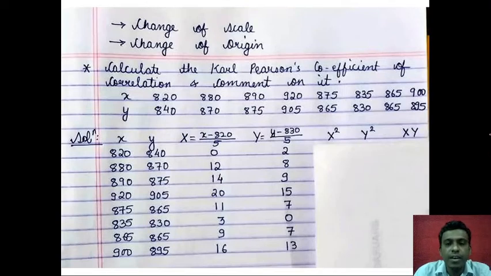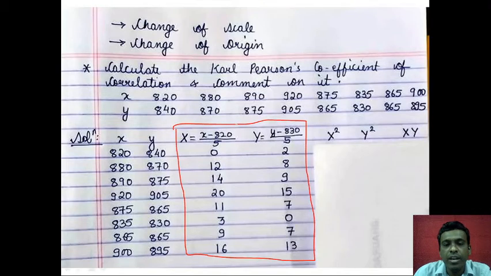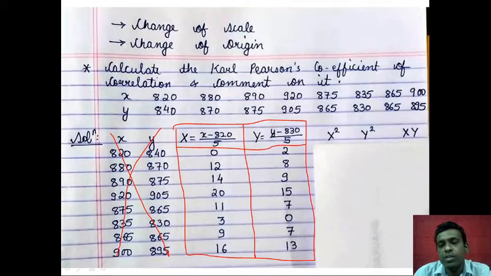Now these values of x and y which I've got will be taken as the actual values of x and y for solving a problem. So this is what we are interested in, these values of x and y. Okay, we don't want these values. These values are not needed now. So smaller values we have got. So very easily we can find x square, y square, and xy. So x square is x into x, y square is y into y, and xy is x into y. So all these we know how we have found out.